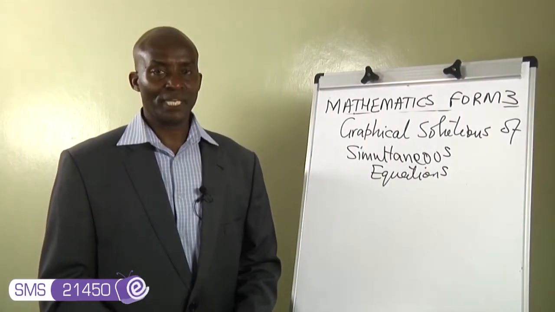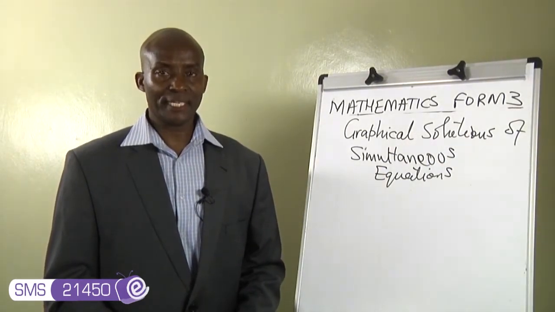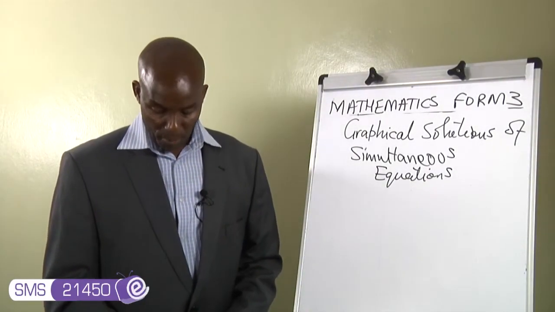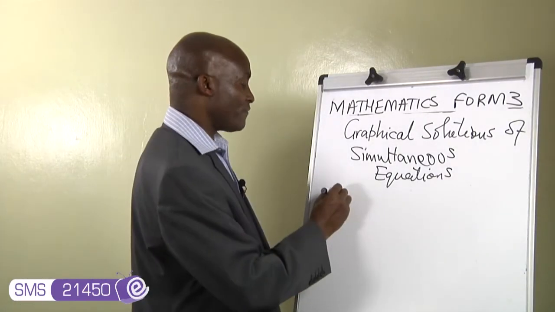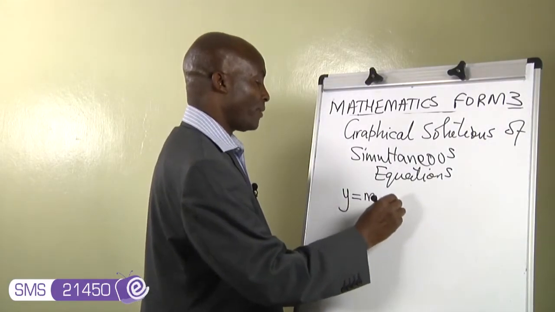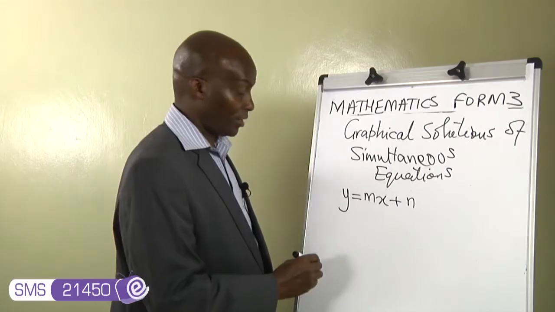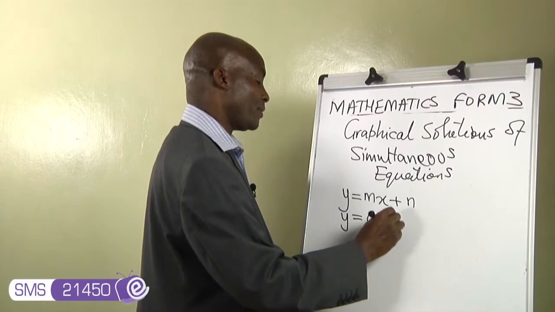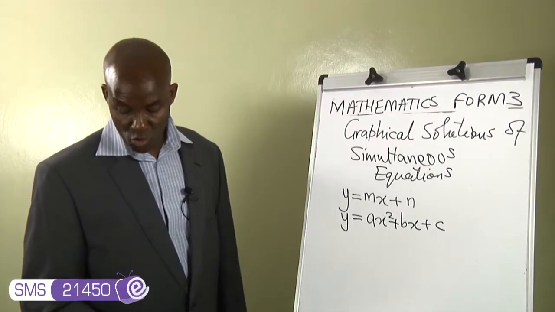In today's lesson, we are going to summarize what we said about solving simultaneous equations, one quadratic and one linear, by graphical method. Basically, what we said is that if you are given two equations, one y equals mx plus n, a linear equation, and the other y equals ax squared plus bx plus c, you can use the substitution method